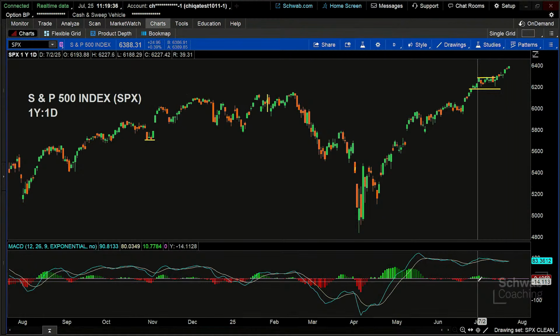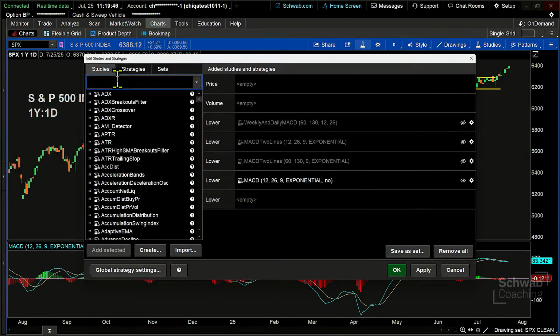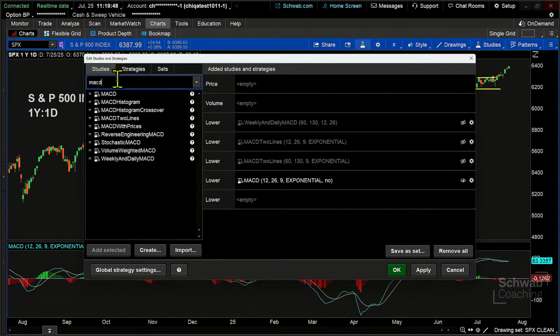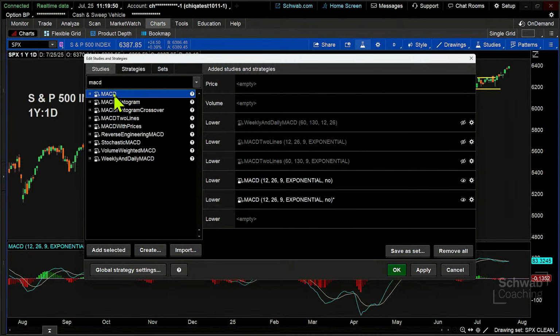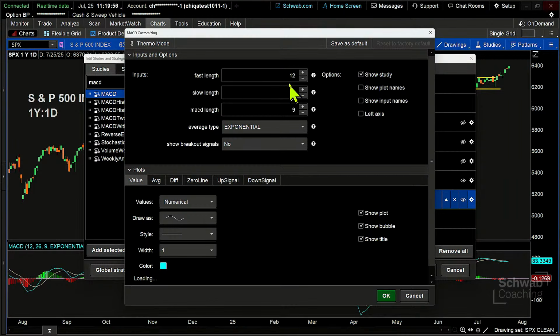Now, in each trading week, there are 5 days. So what if we took this daily MACD and we went back up here and we added another one, MACD, and let's add the MACD again, and we changed the time frame by going to the gear icon, and we times these by 5 so that we incorporate a week's worth of movement as opposed to just 1 day's worth of movement, 5 days in a trading week.